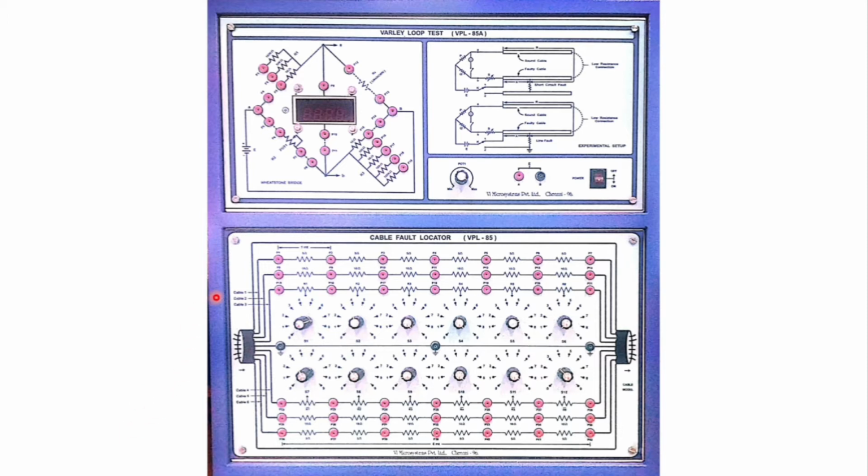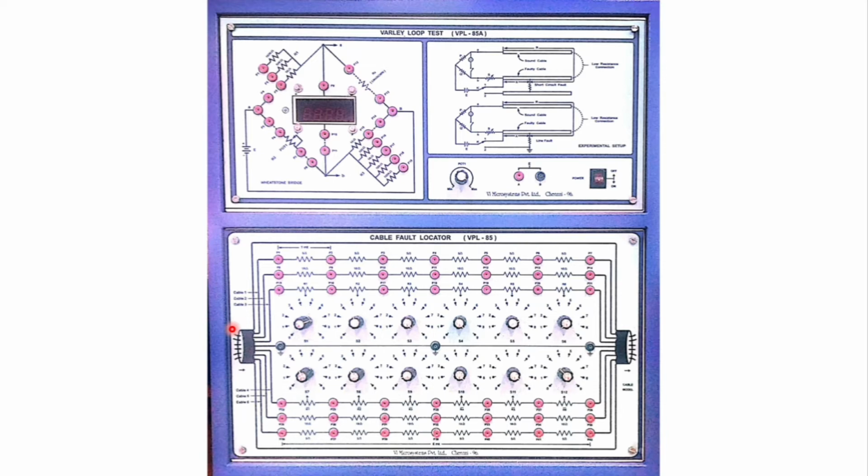Numbers are written over here: cable number 1, 2, 3, 4, 5 and 6. Out of these cables, sound cables are cable 1, cable 2, cable 3, and faulty cables are cable 4, cable 5 and cable 6. Cable 1 and 6 consist of 6 divisions. Each division is considered a fixed resistance of 5 ohms per meter. So it is constant, according to the experimental kit. The total resistance of each cable is 30 ohms.